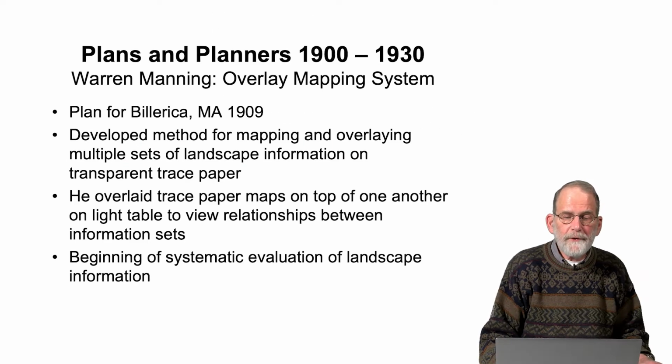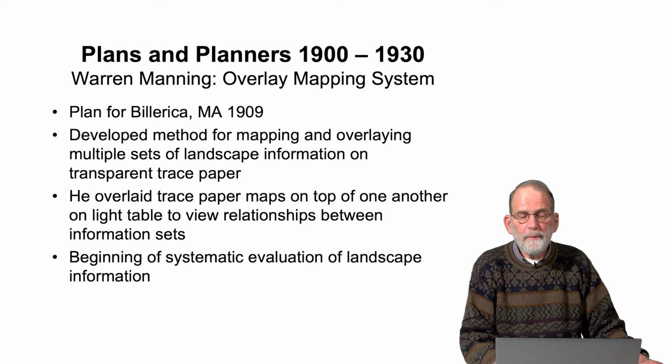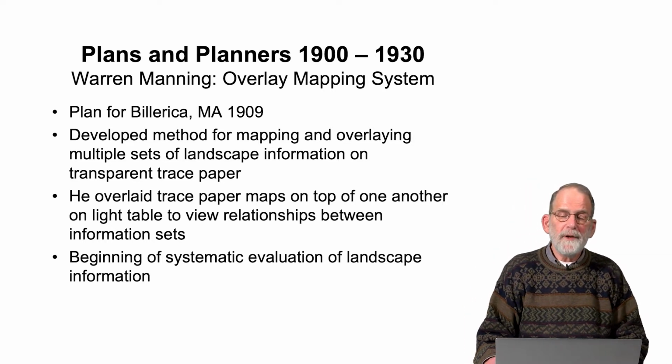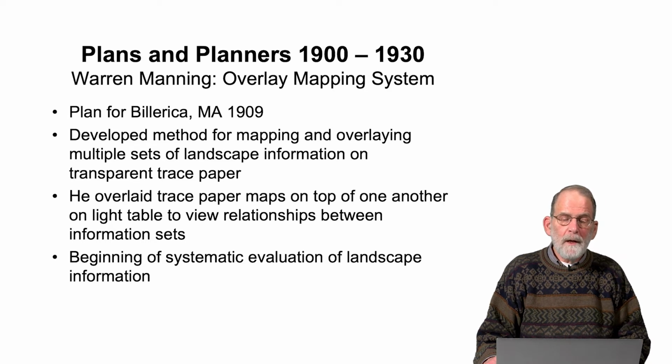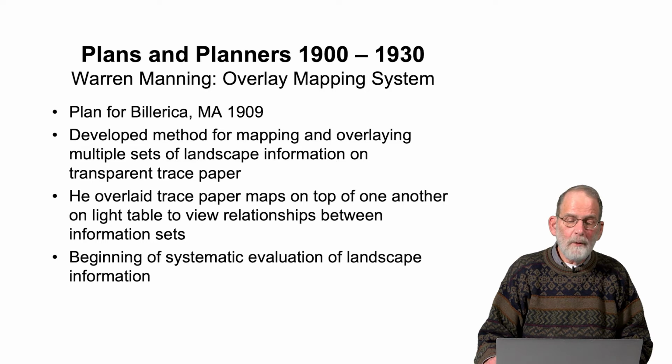Jumping into the 20th century, the first individual that I want to talk about is Warren Manning. Warren Manning was working on a project in Billerica, Massachusetts in 1909, and he developed a method for mapping and overlaying multiple sets of landscape information on transparent trace paper. He overlaid trace paper maps on top of one another on top of a light table